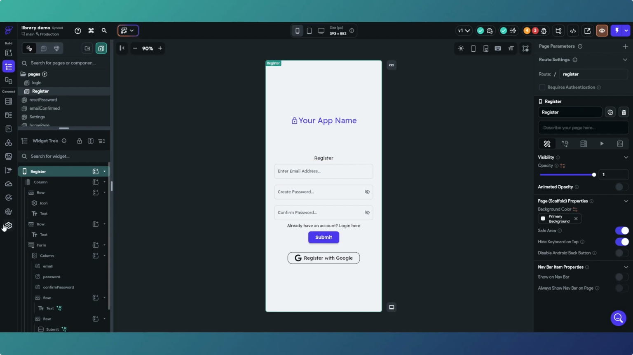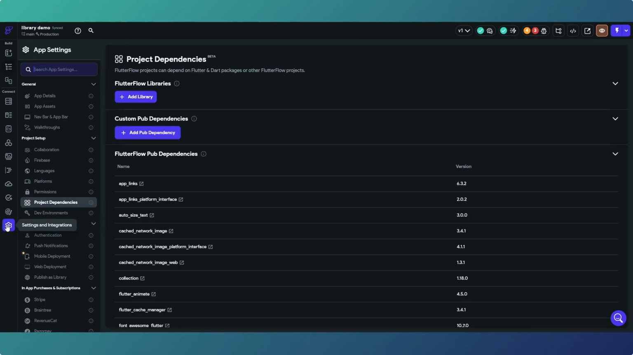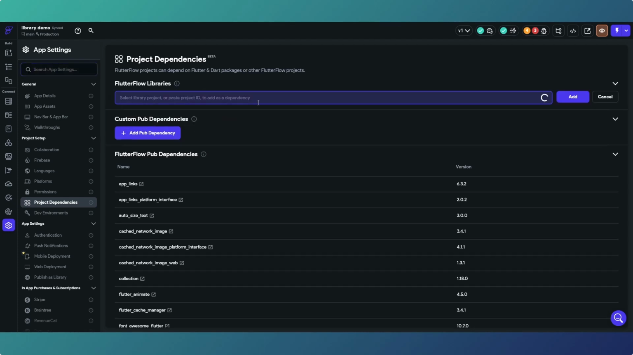So over in settings, you've got project dependencies, and you've got the option to add a library, Flutterflow libraries. And if you click on the eye, you can basically add another Flutterflow project as a dependency. So that's what we're going to do and see how it works. So, add library. It's looking for some now, and there aren't any basically because I haven't exported any, but I